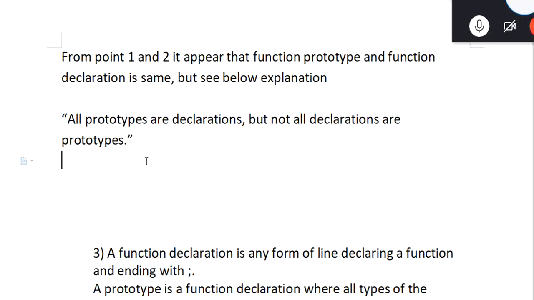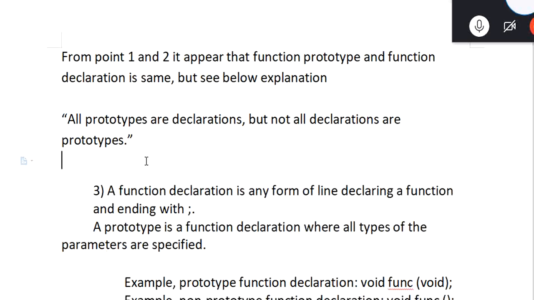No, you explained it wrong. Can you read again and explain? All prototypes are declarations, but not all declarations are prototypes.